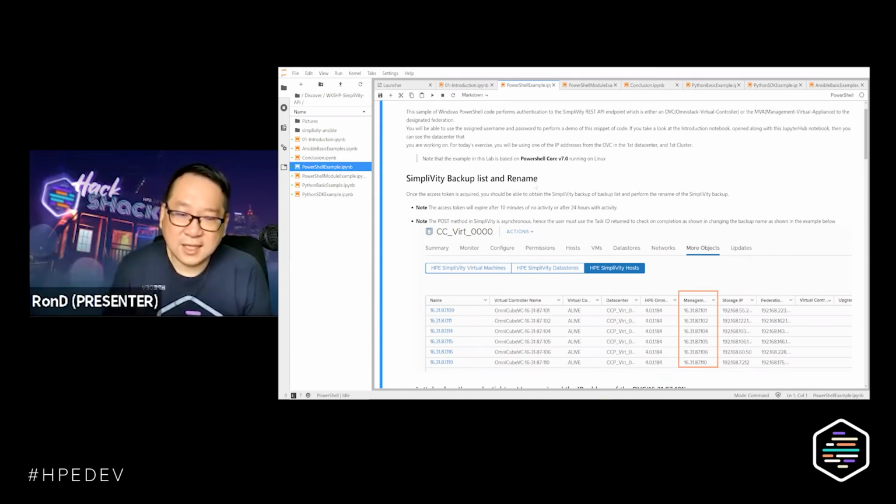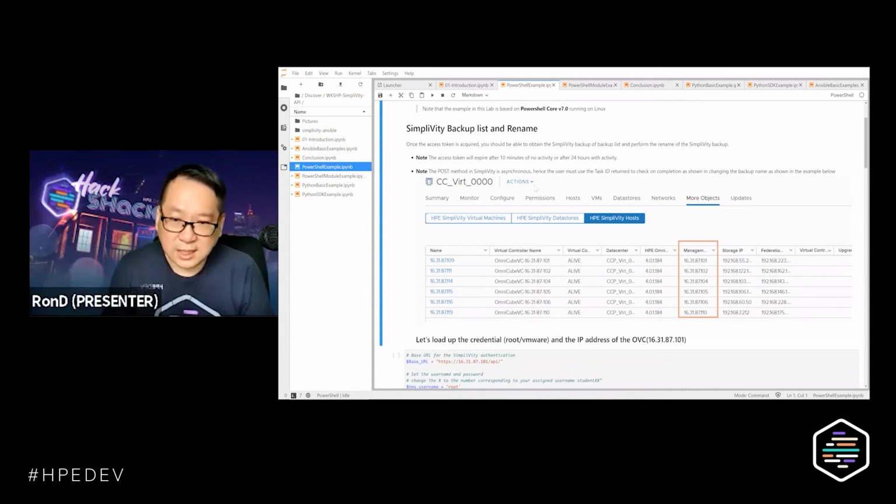And then today we will be doing some exercises, following from the clusters in the first one. So we will be connecting via one of the OVCs, and I'll pick the OVC 16.31.87.101. How do you get this information if you have your own SimpliVity? All you need to do is go through More Objects and then click on the HPE host.